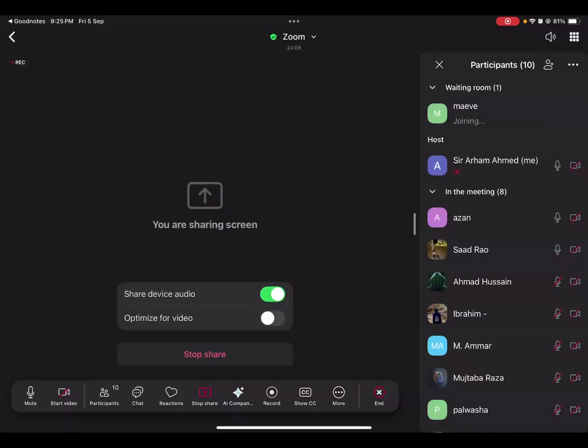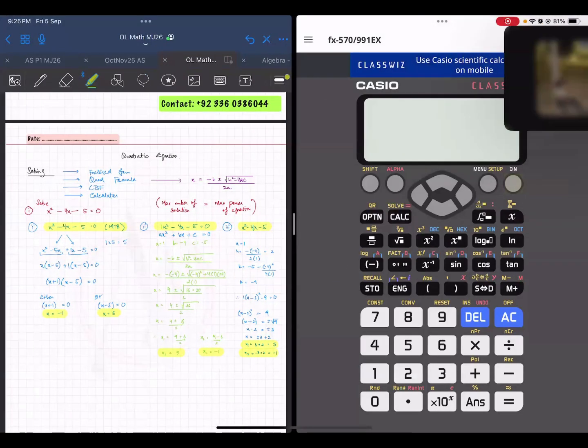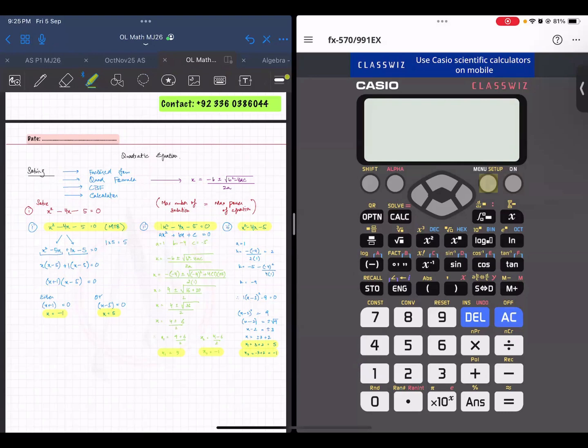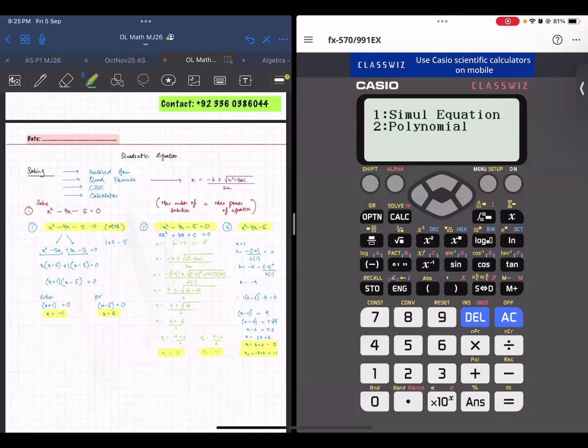सर कैलकुलेटर से एक दफा फिर से समझा सकते हैं? कैलकुलेटर कौन सा है आपके पास? यही वाला है? जी जी सर. मेन्यू में जाओ. मेन्यू में गए. Then you go down, and then to the right side, you will see this equation / function. इसमें चले जाओ. Then you see this polynomial, and degree is 2 because this is quadratic. Quadratic power is 2 maximum. You get this, and then you again put in the values a, b, and c, and then press is equal to, you will get the 2 solutions.